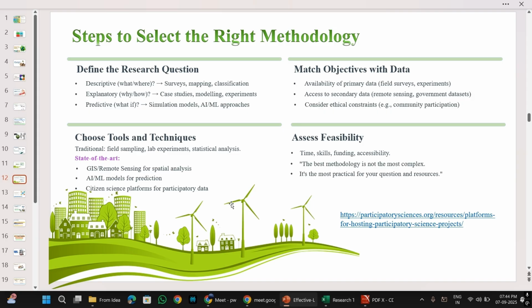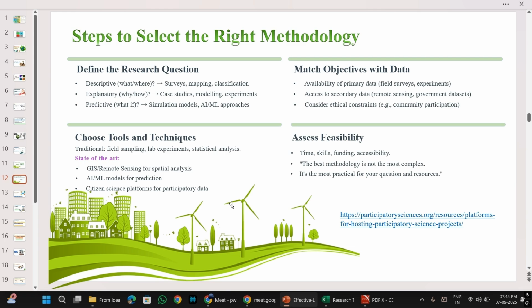Then choose tools and techniques. Next is, if you have already identified which kind of data is important to you, now you have to choose which tools and which techniques you will use. Whether your techniques are essentially going to be traditional, wherein you will collect field samples, some laboratory experiments you are going to do, and some statistical analysis you are going to do, that is just in terms of percentage and things like that, no? So your data will essentially come in the form of tables, or maybe some traditional graphs, right? Or maybe text description, or describing the samples, or describing the statistical data.